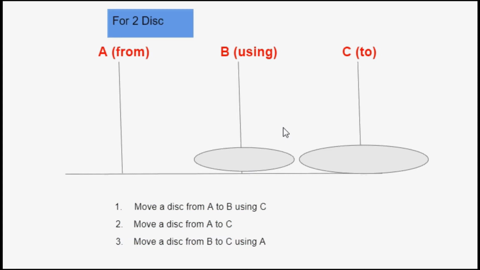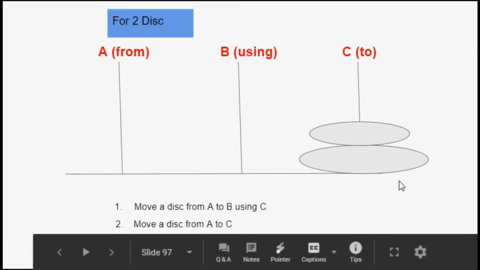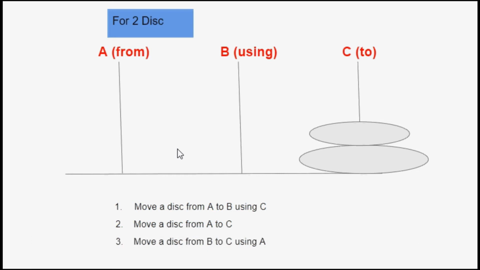So I'm going to make this transfer, that is from B to C, and ultimately this is the target tar. I have taken one disk at a time. I have taken the disk by following the stack principle. Thirdly, I have not placed a larger disk on a smaller disk. So we have followed all the rules of the Tower of Hanoi problem in order to make this transfer possible.